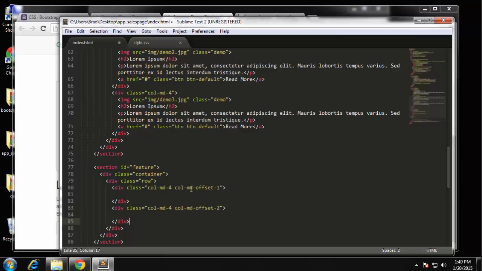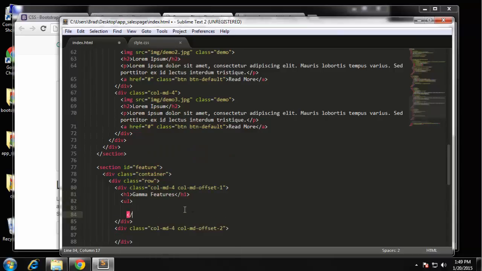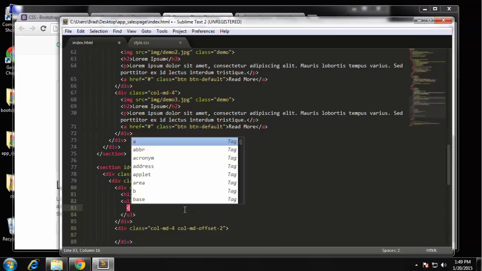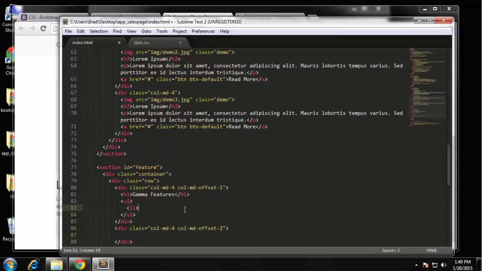Okay, so in this first one, we're going to have an H1. It'll say gamma features. Alright, and then under that we're going to have an unordered list. Okay, so LI